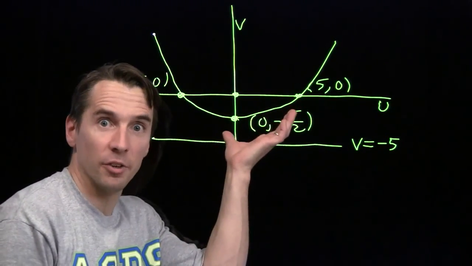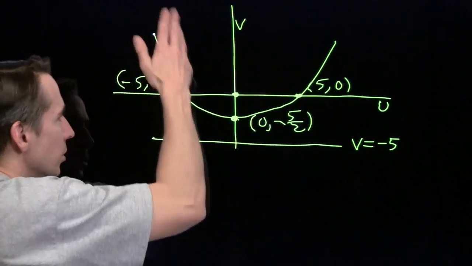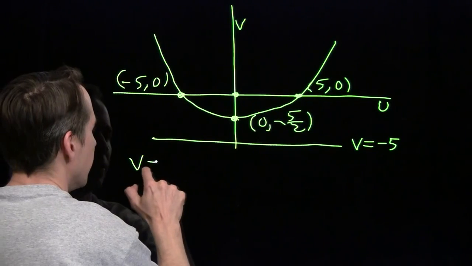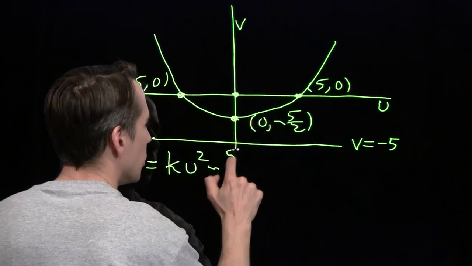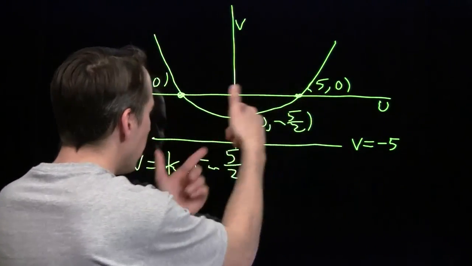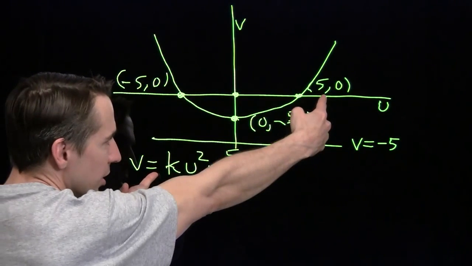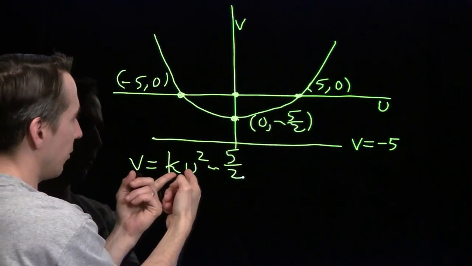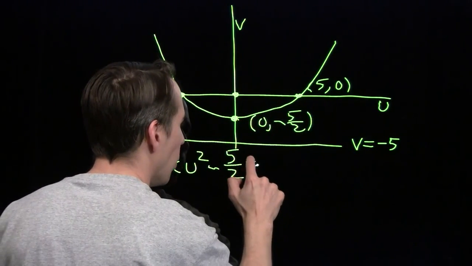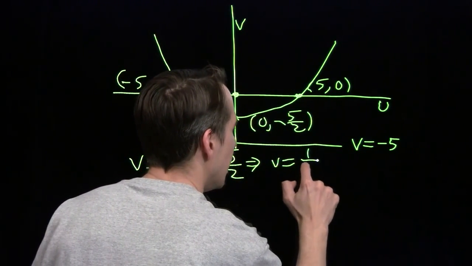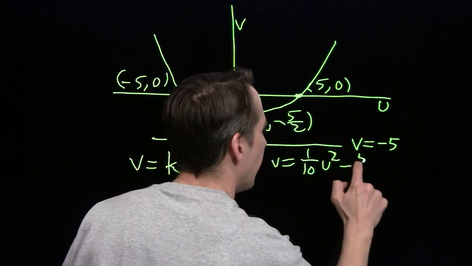And we can write an equation for this parabola. That was the whole point of rotating it in the first place. This parabola opens straight up. It's going to look something like this. V equals some constant times u squared, minus 5 halves, because we know that when we stick in 0 for u, we've got to get negative 5 halves for v. Now we can figure out what this constant is too by using this 5, 0 that sits out here. You stick that in there, you're going to have 25 times k minus 5 halves. That has to be 0. That tells me that k is 1/10. So v is 1/10 u squared minus 5 halves.